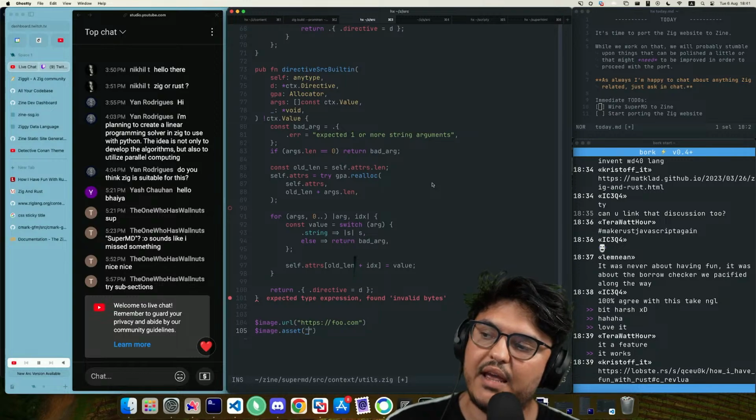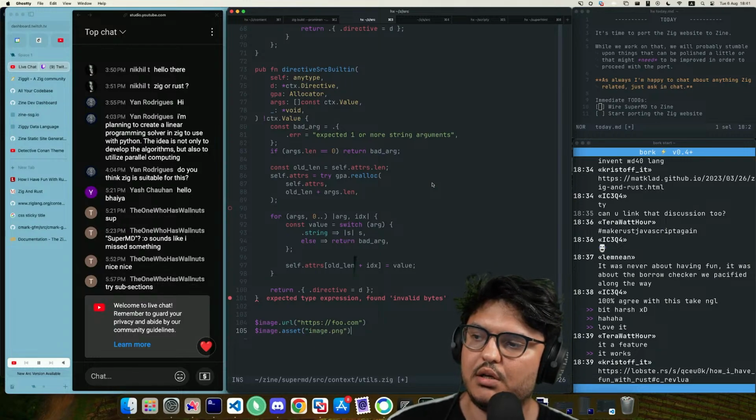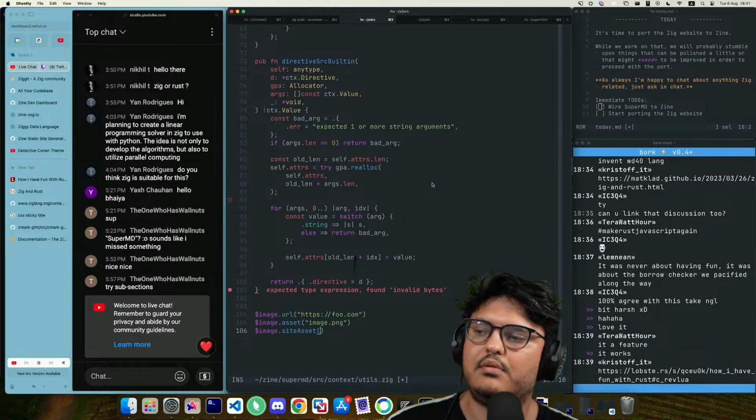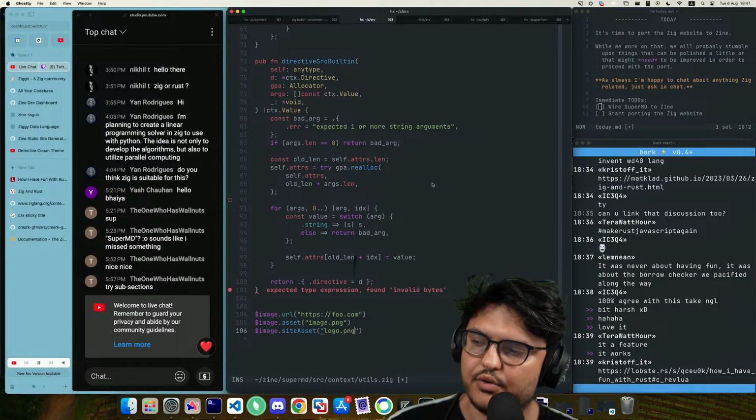And this could be page asset. So this becomes image.png. And then there's image.site asset, so this would be like logo.png, like the site logo or whatever.